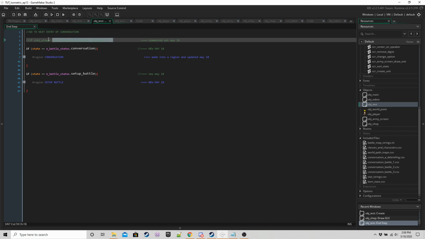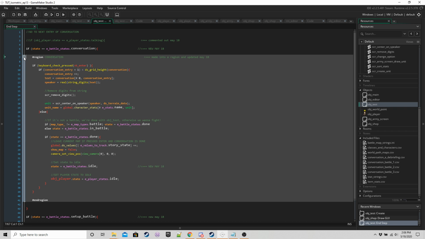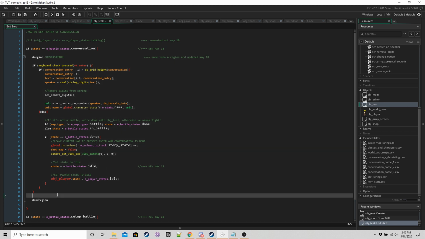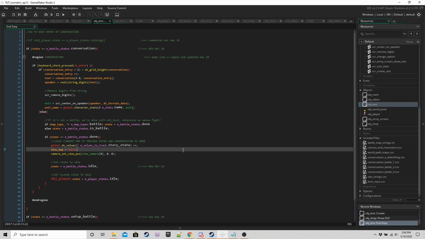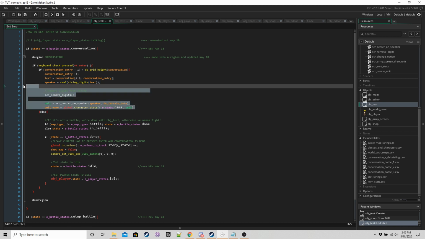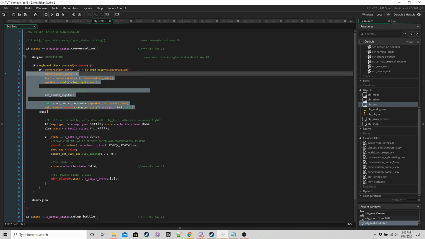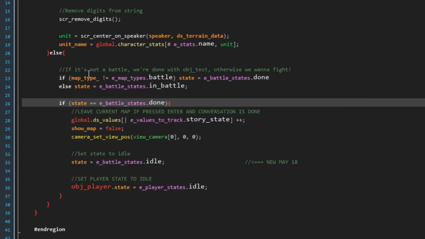Previously we had this line here. We were just checking to see if the player was talking, but now we have a state system for the test object. We're just going to say, are we in the conversation state? And then I've moved all the conversation stuff into its own region like this. So this hasn't changed. This just takes us through the conversation line by line. If we get to the end of the conversation, then most of this is the same,